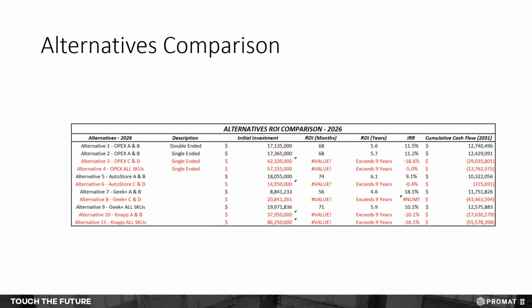Well, if you're in a 34-foot clear facility, maybe the AutoStore isn't the right answer. Where OPEX, you can go up higher, same thing with Geek Plus and with Canap. So all of them have trade-offs, all of them have different things. But what's interesting is when you compare these alternatives and some of the lessons learned, it's more about that detailed